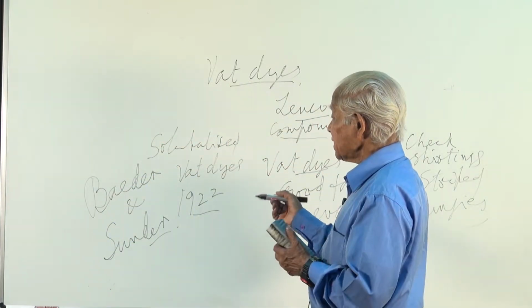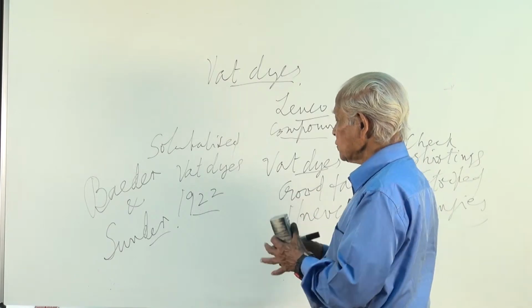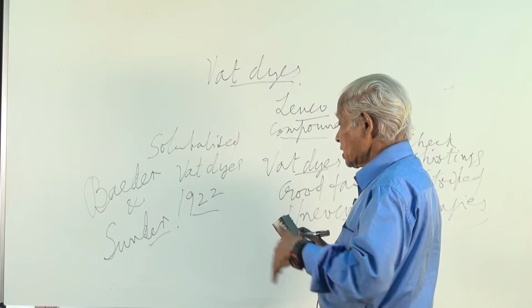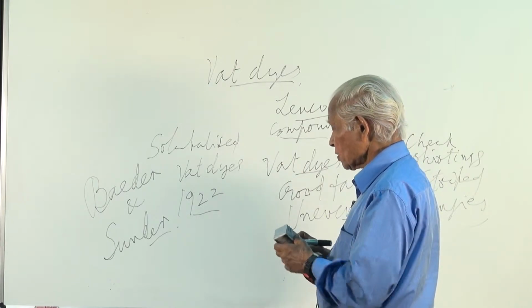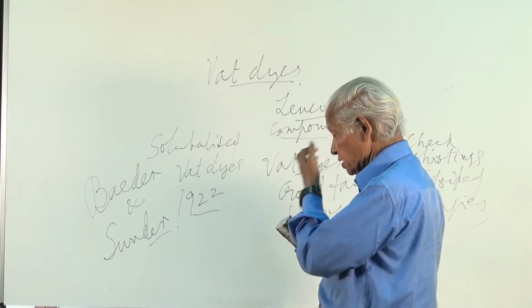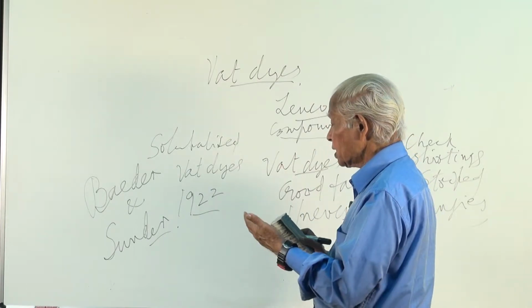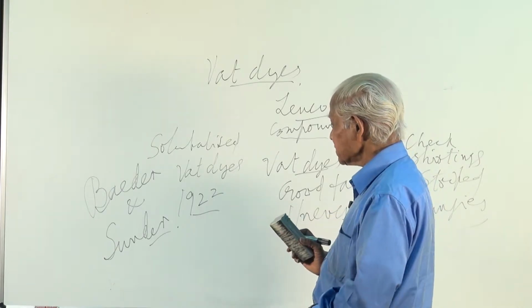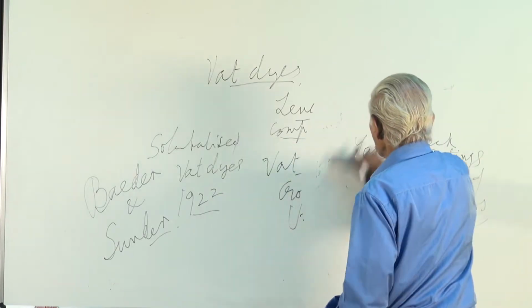So this dye also is being used for dyeing of the cotton materials. Viscose rayon can be dyed, or any other natural fiber like the present day advanced cellulosic fibers like tencel, modal